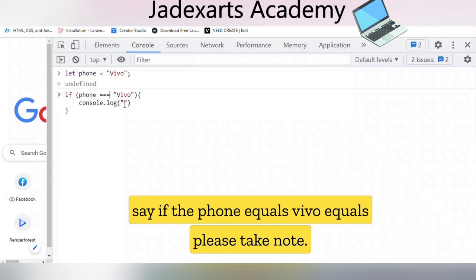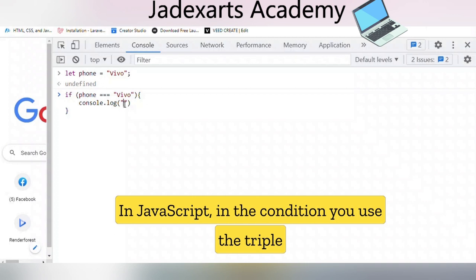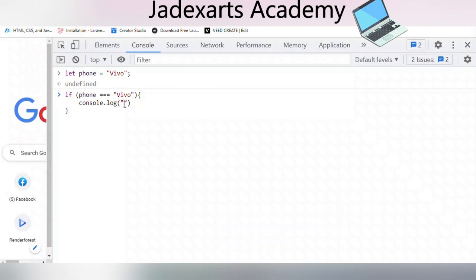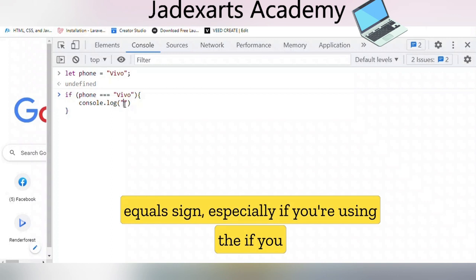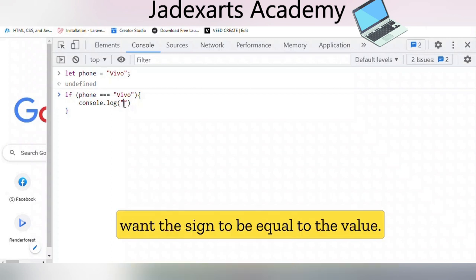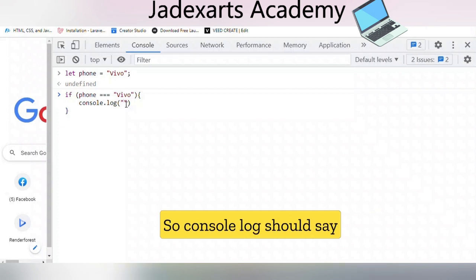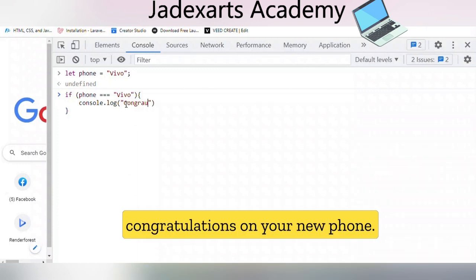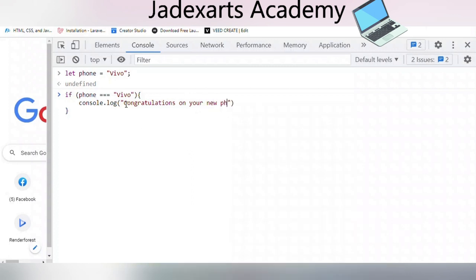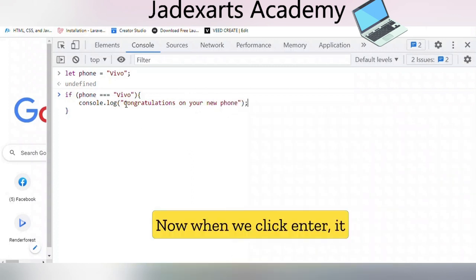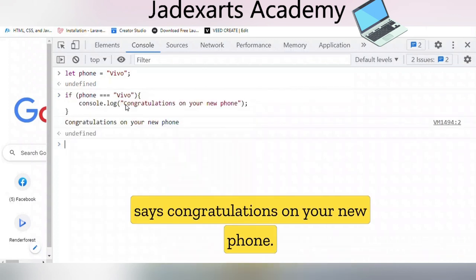Please take note, in JavaScript, in the condition you use the triple equals sign, if you want the sign to be equal to the value. So console.log should say congratulations on your new phone. Now, when we click enter, it says congratulations on your new phone.